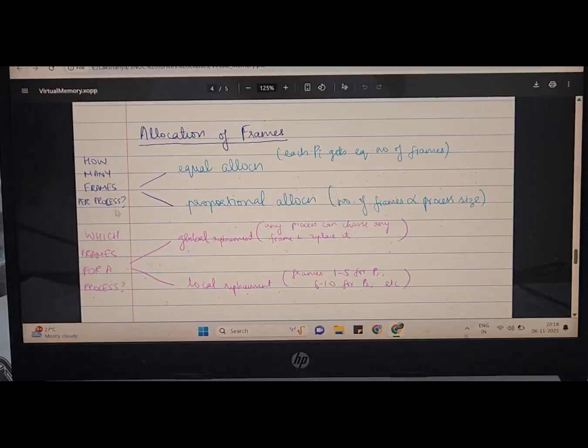So how many frames per process? What does the question mean? First of all, my RAM has, let's say, some 100 frames or whatever. I'm going to bring in a few processes from the virtual memory and store them in these frames. Let's say I'm bringing in 5 processes. How many frames is each process going to get? So there are two different ways. Either you can do something called equal allocation, which means each process gets an equal number of frames. So if I have 100 frames in my RAM and I am importing 5 processes, then each is going to